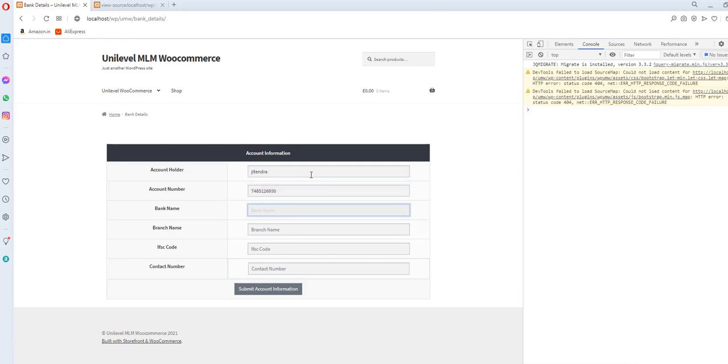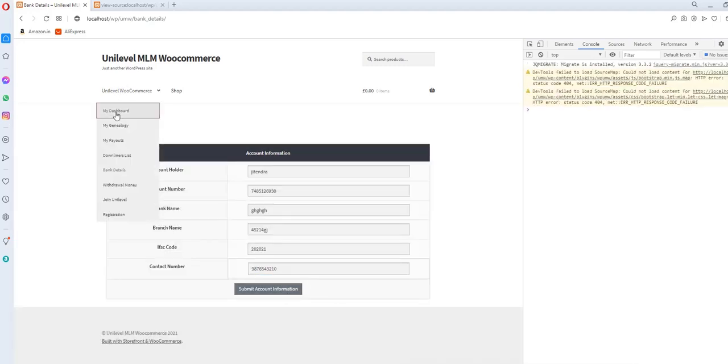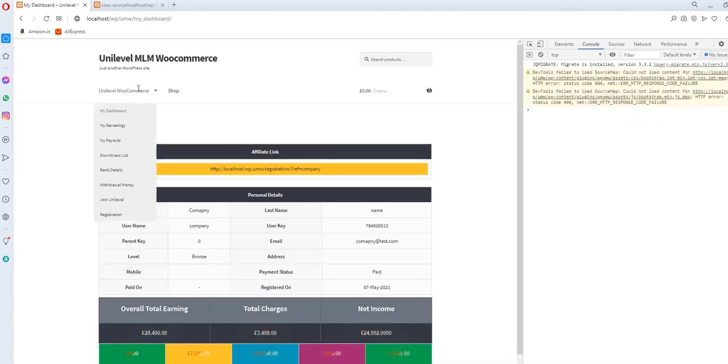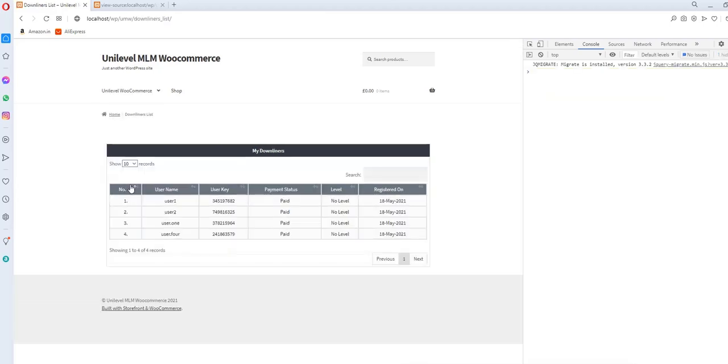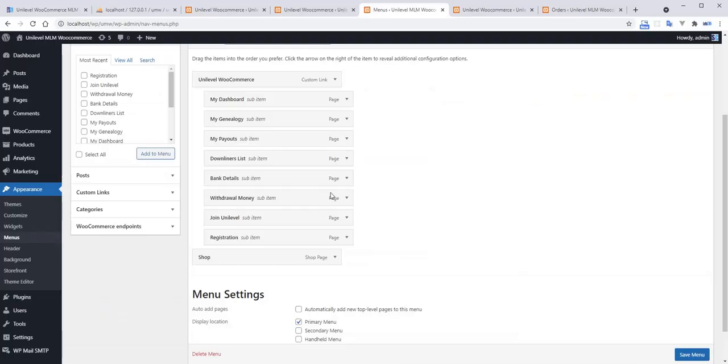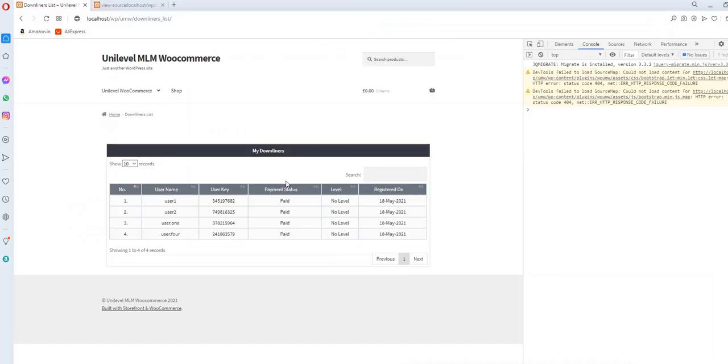I am putting in Zami. I have given the information, filled in the information. After that I am going to this and putting in the bank detail. I have given the bank detail.